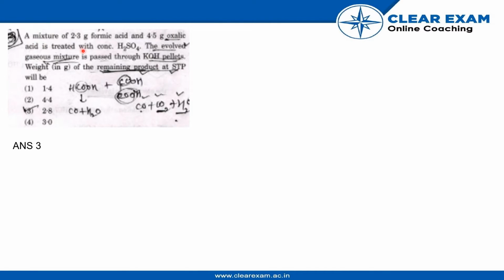So the question is: a mixture of 2.3 grams of formic acid and 4.5 grams of oxalic acid is treated with concentrated H2SO4. The evolved gaseous mixture is passed through KOH pellets. So we have to calculate the weight of the remaining product at STP. So first we will add the reactions which are involved in this question, which will be